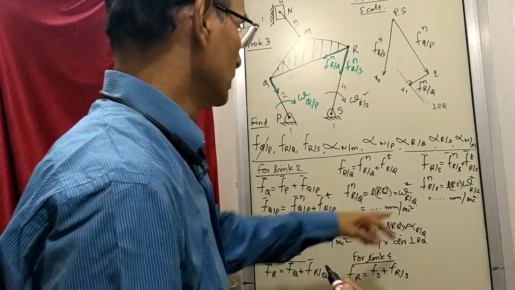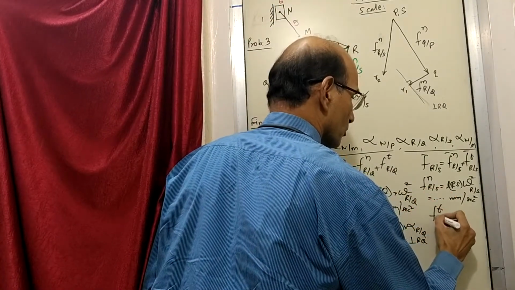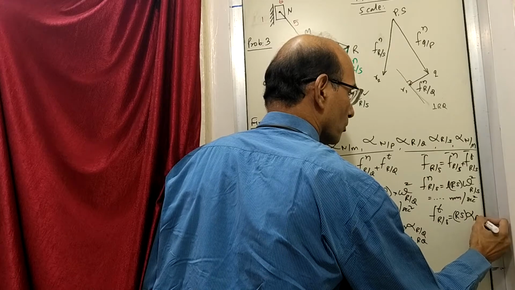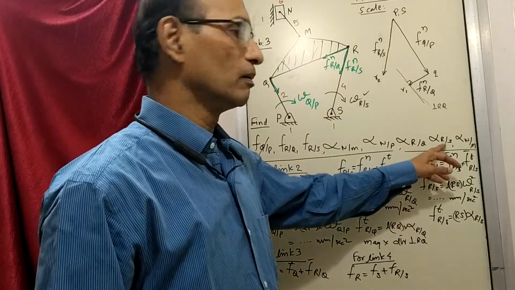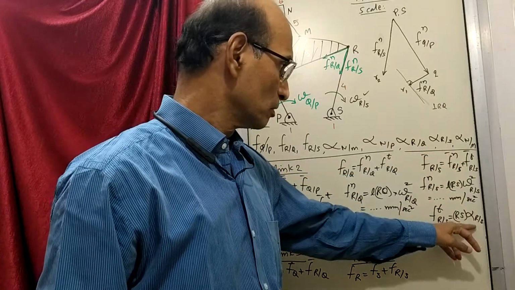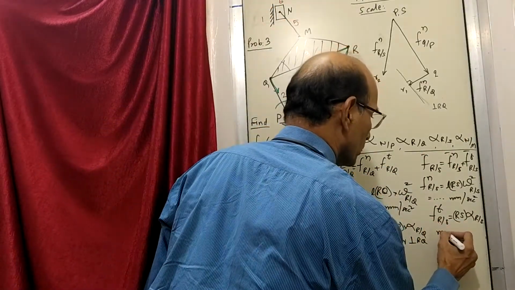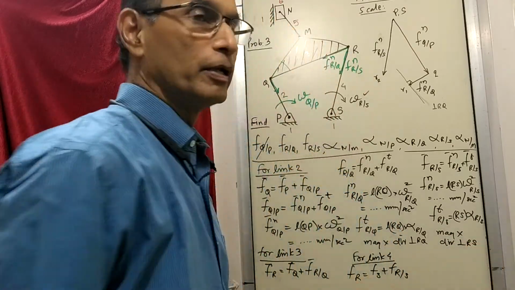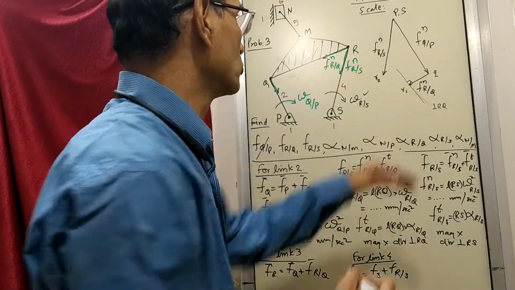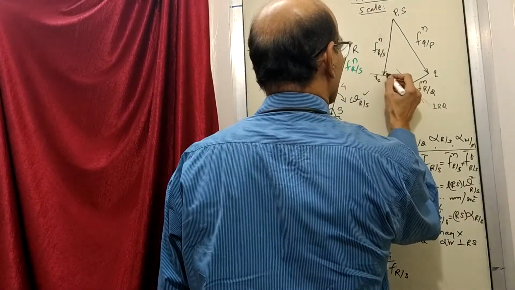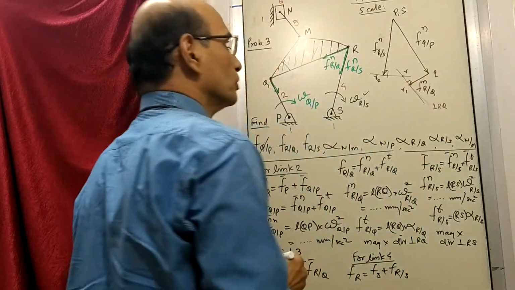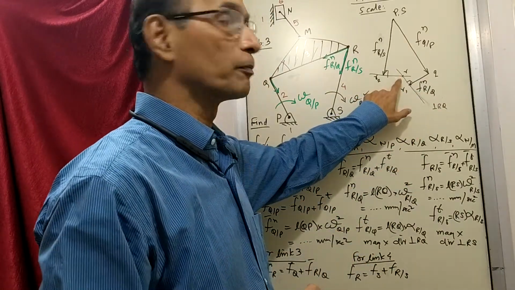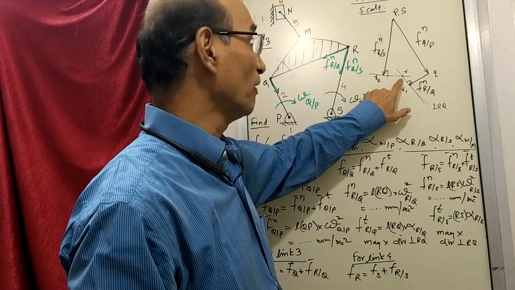Then the next is tangential of this, which is R alpha. Now out of that, alpha is not known, it is asked. So you will not be able to find this at the moment. So magnitude we don't have. Direction will be perpendicular to RS. So anything perpendicular to RS will be perpendicular here. So when you do that, you will get the intersection point, because R is lying on this. Earlier we said R is lying on this, therefore R is here. So once you got R, this is the final R.